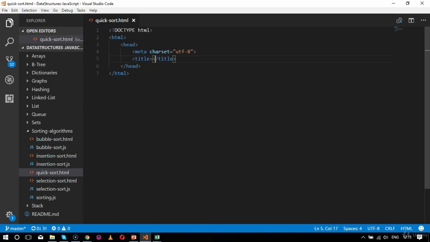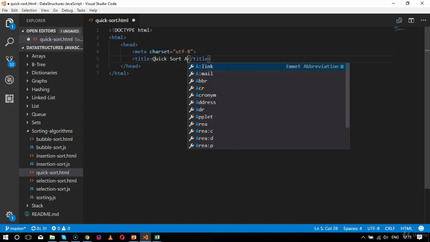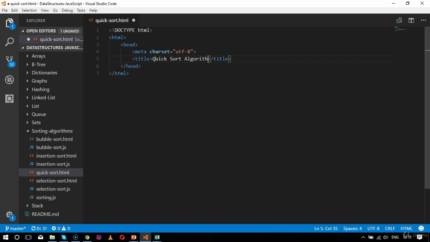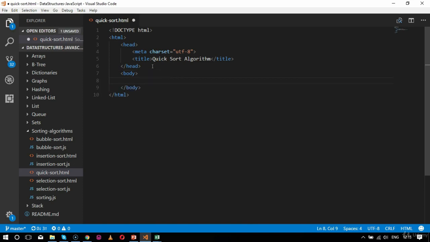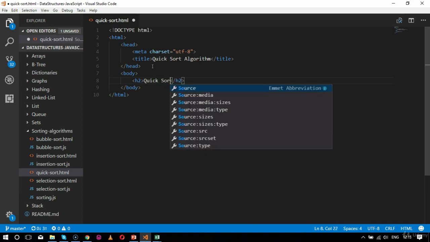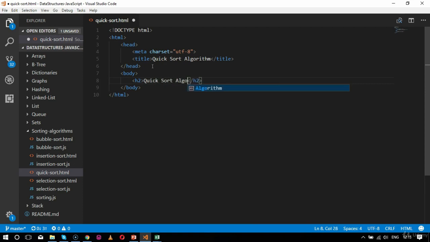After that, in the title I'll include a title like Quicksort Algorithm, and after this I'll have the body tag, and the body tag will include an h2 tag mentioning Quicksort Algorithm